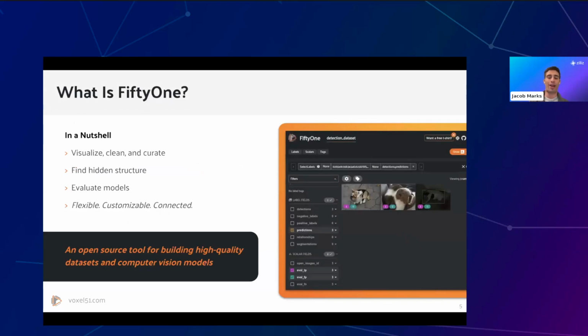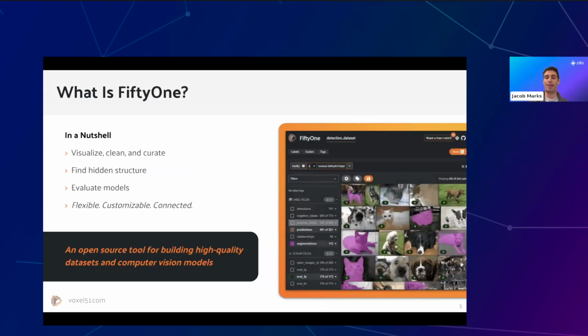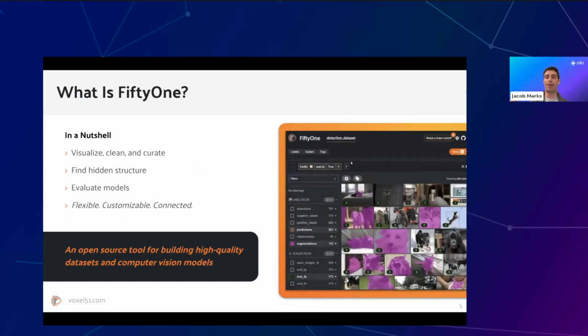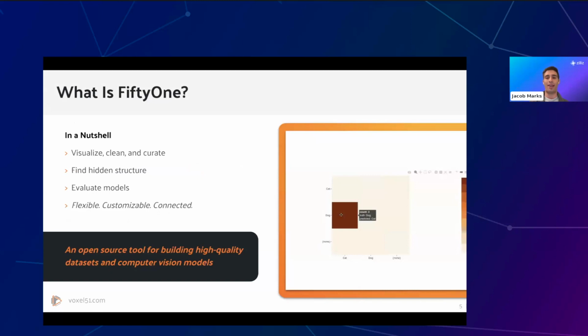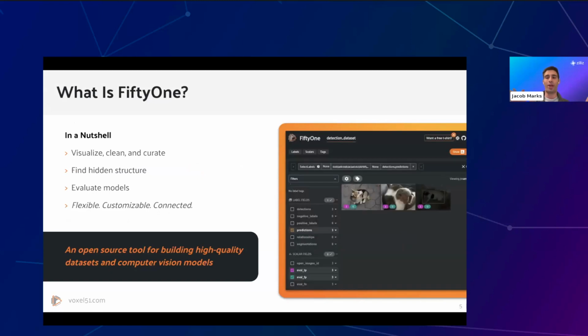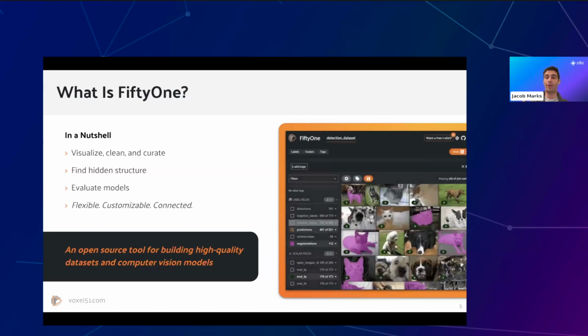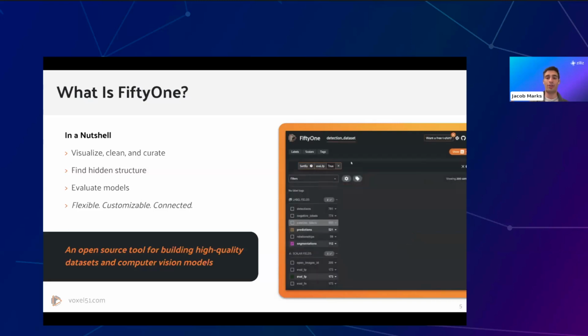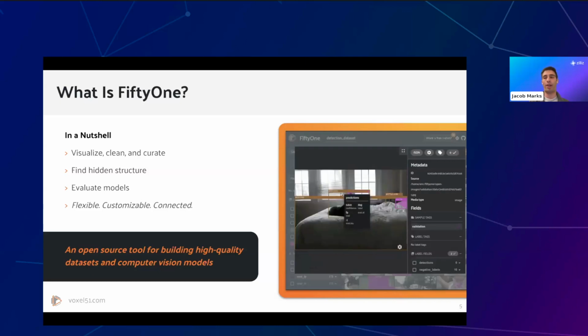What you see on the right-hand side here is a GIF of the FiftyOne app and then a command using the FiftyOne Python SDK. We're not going to go deep into Python and looking at FiftyOne today. FiftyOne is not the point of today's talk. We will see FiftyOne because it is one of the libraries that we will use to actually evaluate the multimodal RAG pipelines, but this is not the point of today's talk.